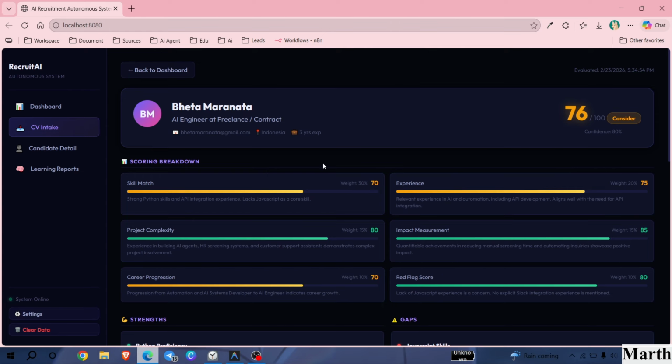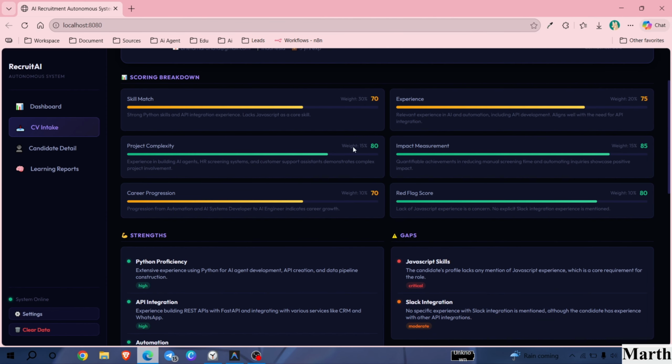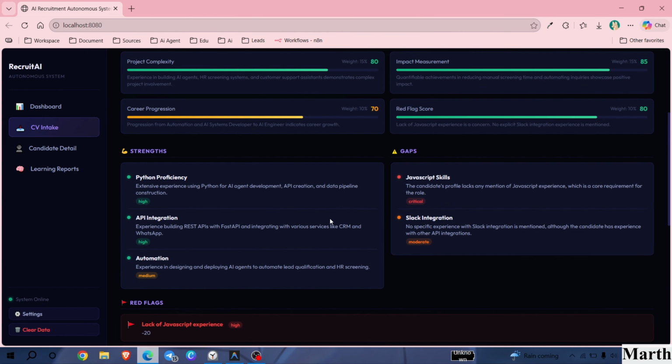The parameters considered, we have the scoring breakdowns: the skill match, the project complexity, and we have the explanation too right here. The score, career progression, experience, impact measurement, red flag score.